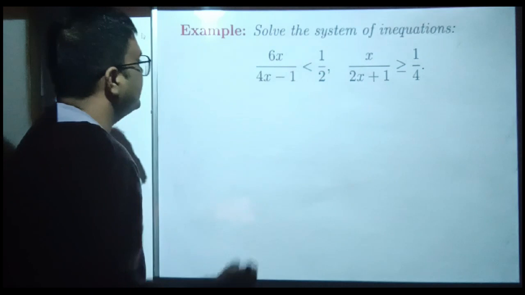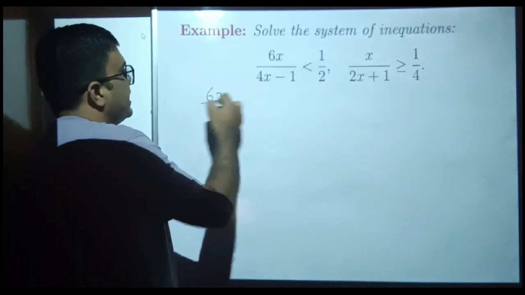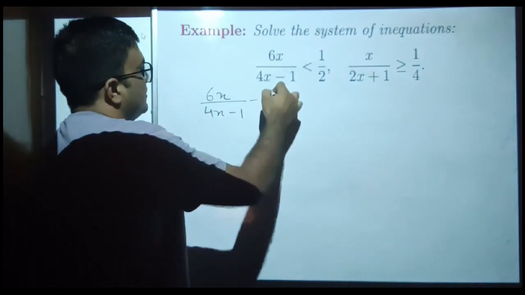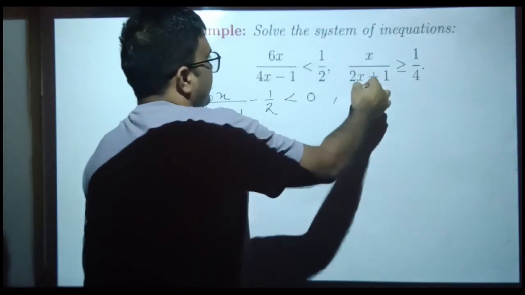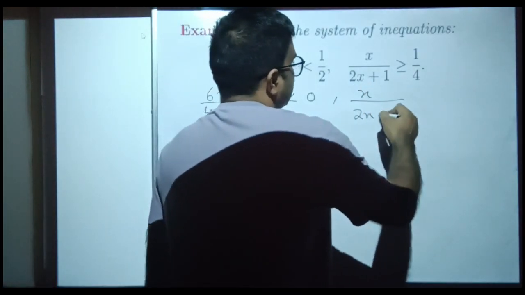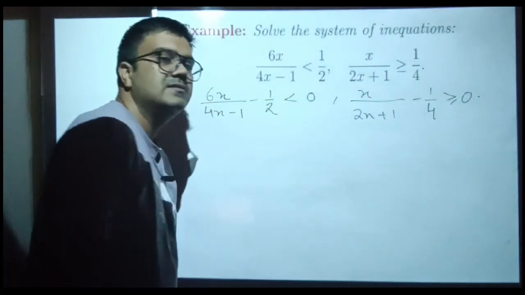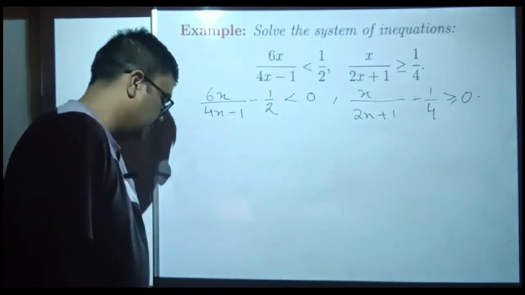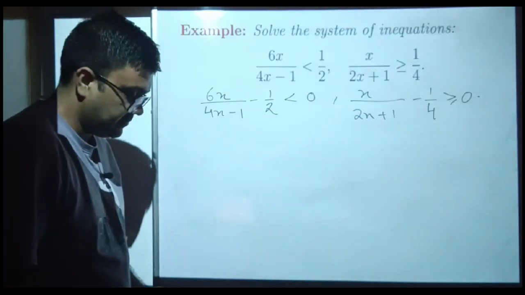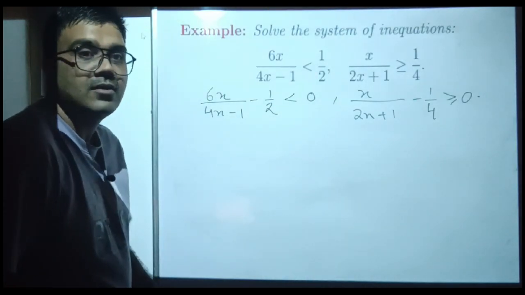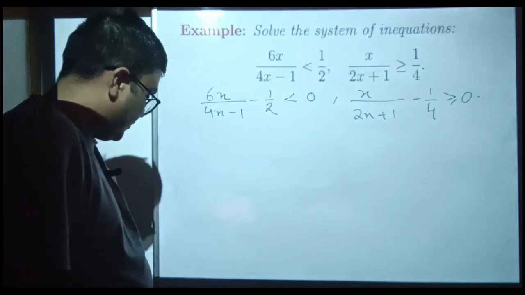In place of this, what are we going to do? We are going to write 6x over 4x minus 1, minus 1 by 2, is less than 0. And x over 2x plus 1, minus 1 by 4, is greater than or equal to 0. These are the two equations that we obtain. Now take the LCM